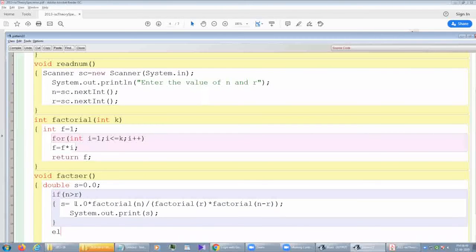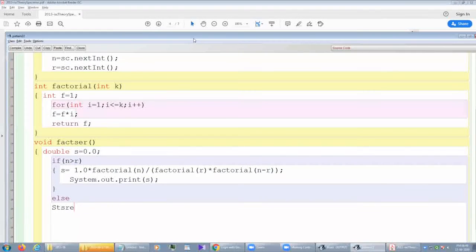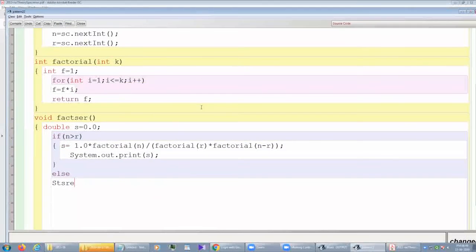And in the else part, we need to write something like wrong input, or enter the value of n greater than r, anything.